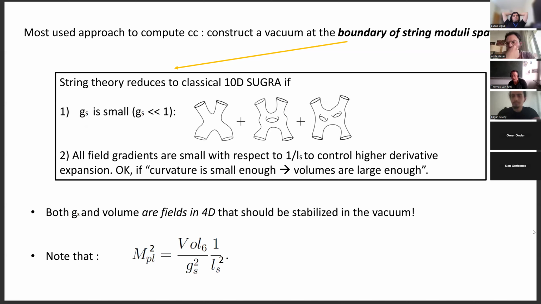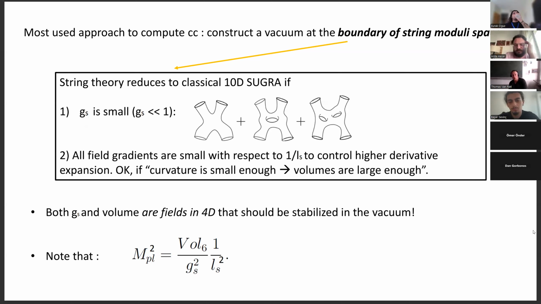I fully agree. But if we want to do reliable computations in string theory, we have to put ourselves in a corner of the theory, not the full theory. And in that corner, it will be the Kaluza-Klein excitations that you will see first. So it's not a necessity. It's more a restriction because we want to do calculations that we can trust. So basically at the boundary of the moduli space, so to speak. Absolutely. We're at the boundary of string moduli space, which I will explain now.